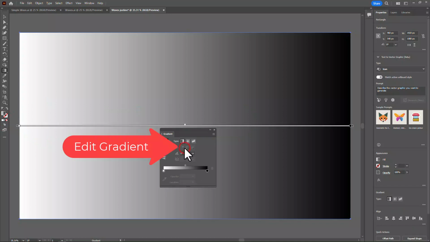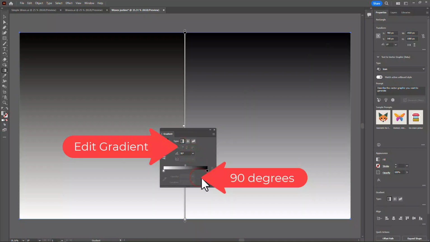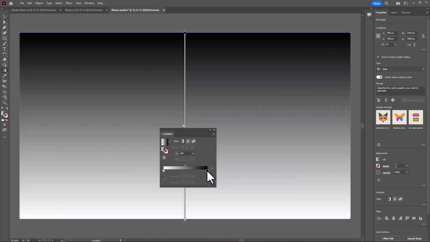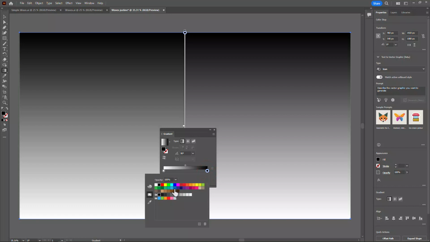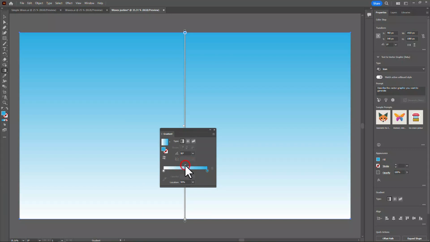Choose Edit Gradient, make the angle 90 degrees, and then let's select the colors. I'm going to double click on the black and change it to maybe this blue color here. And maybe I will click on this little slider here and make it so that the blue is more concentrated